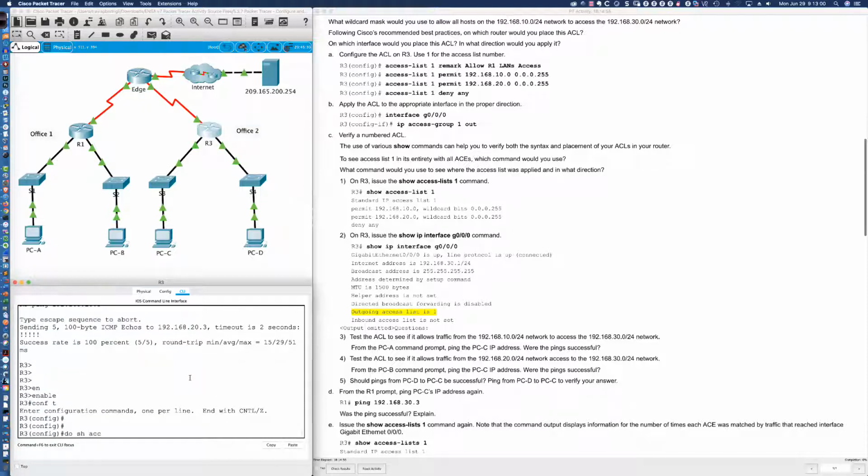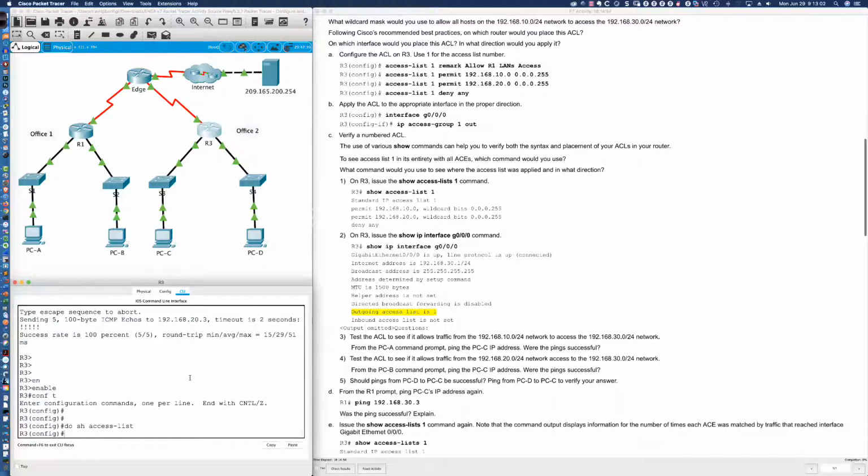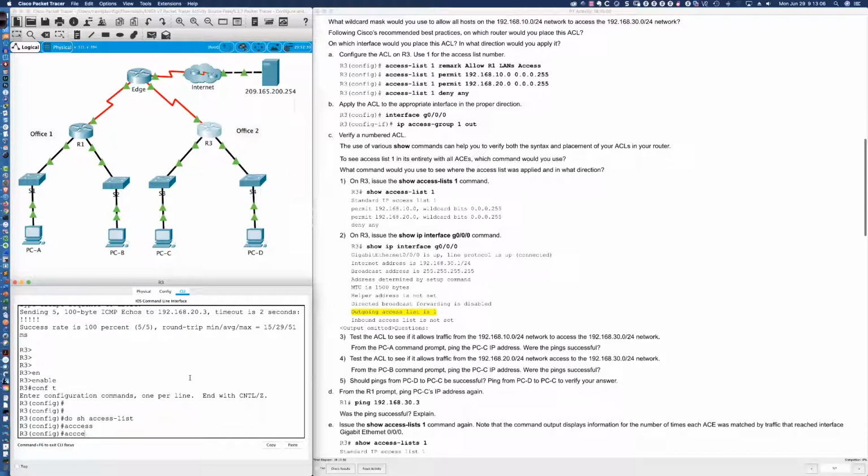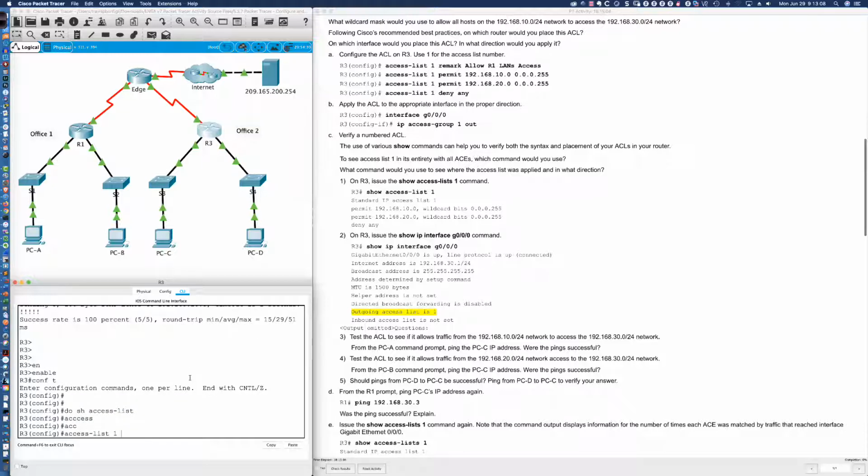So if I say do show access lists, you can see that nothing is defined right now. So we're going to say access list 1, and let's put a remark in here. Right now, what would you put in the remark? Maybe you can put in a quick note. Typically, what I put in my remarks is